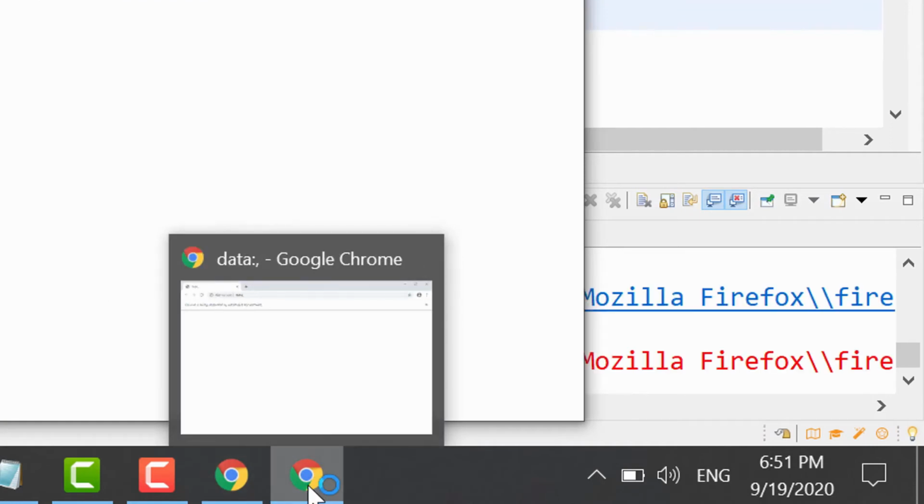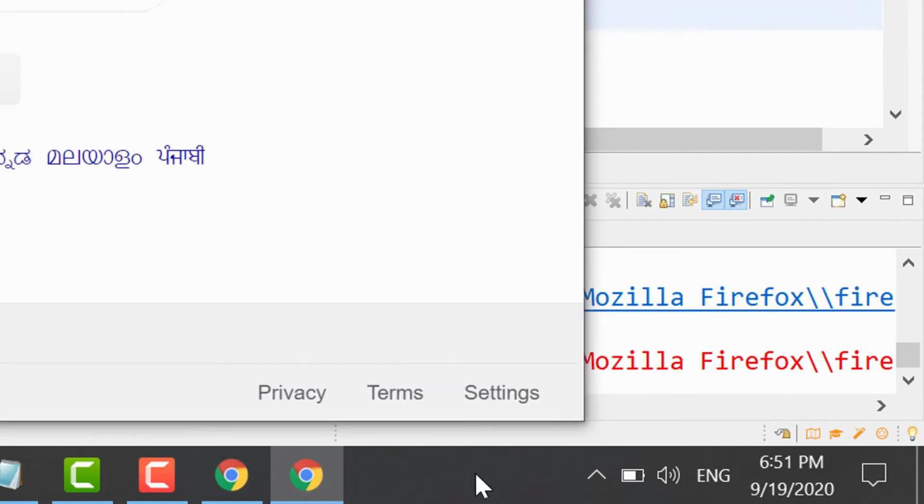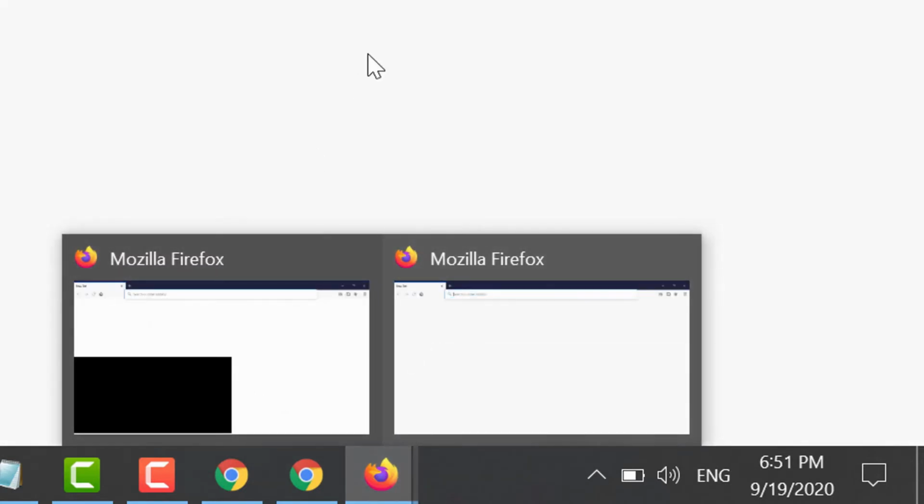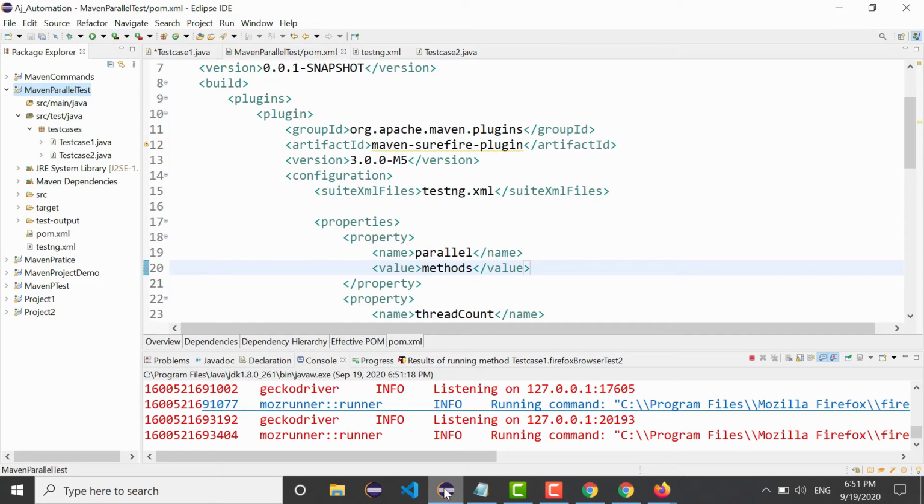Okay, 1 2 3 and 4, you can see that. So this is how you can run your @test methods simultaneously.